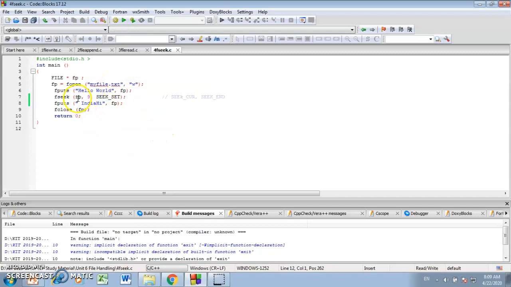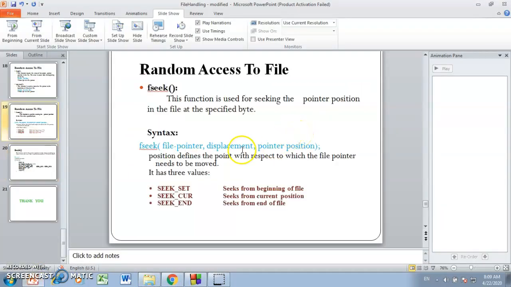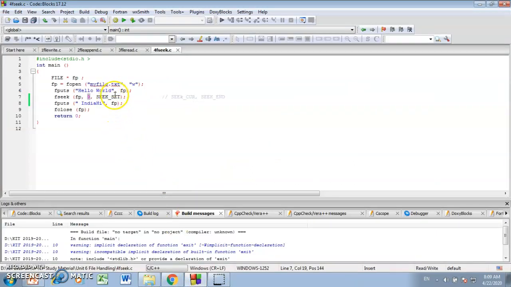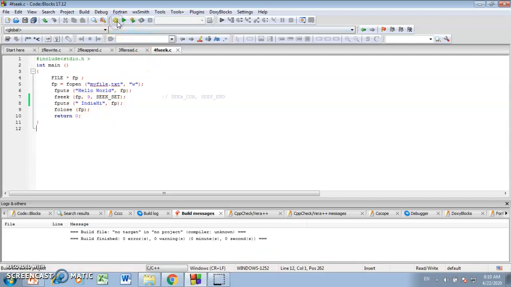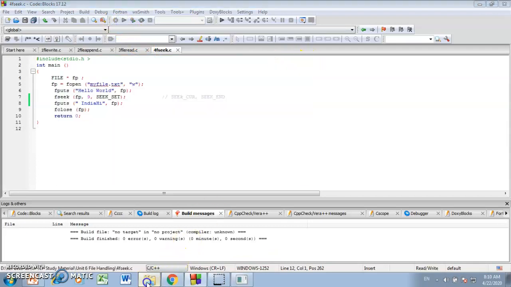fseek, fp is the file pointer, 9 is the displacement. 9 is the displacement as far as this slide is concerned. 9 is the displacement and this is the pointer position. So SEEK_SET is the current pointer position. fputs, if I want to add the new string here, India high, then when I build this code and run the code, see, now the code is run, and on the D drive